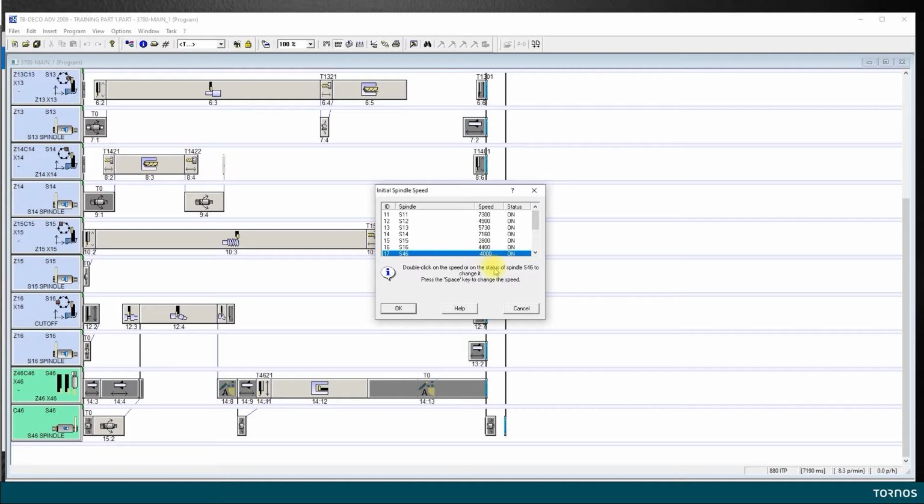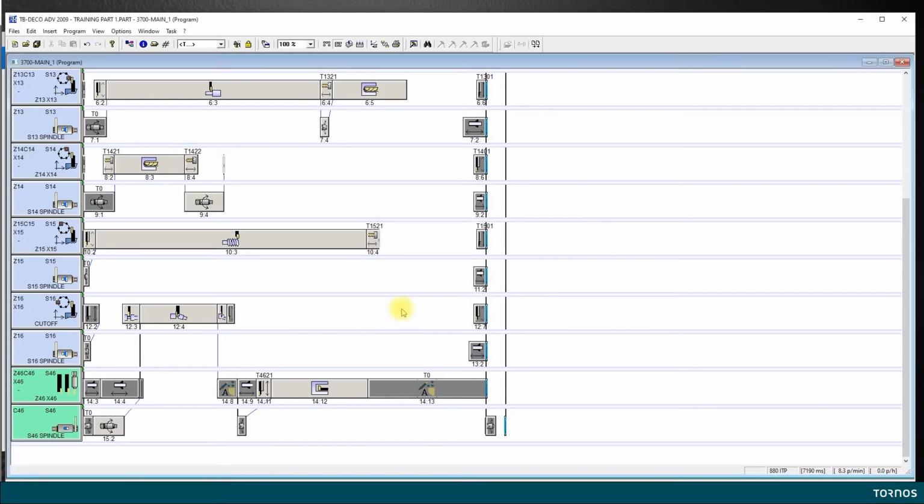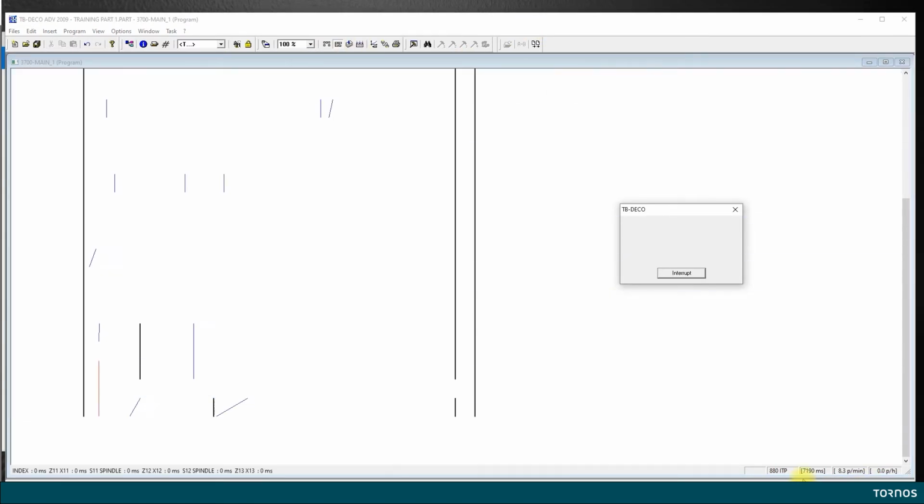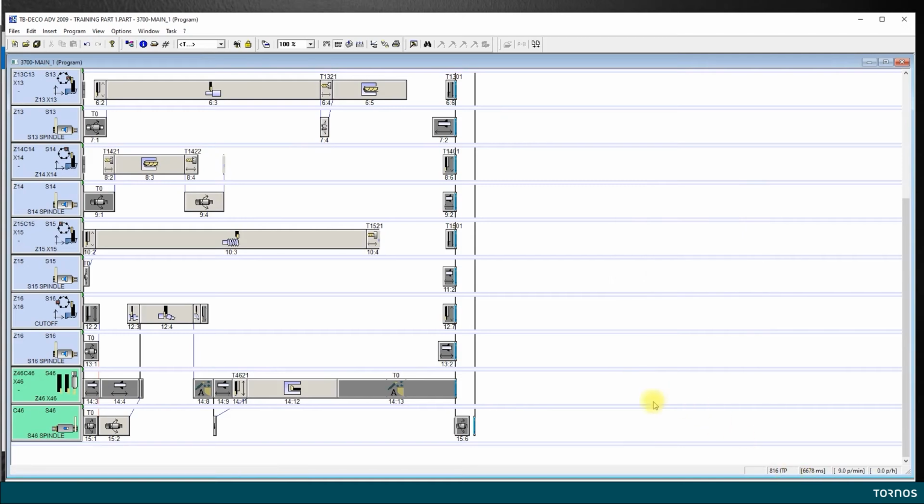And for the backwork, I can do the same. I can go to 4,400. I could even do more for the backwork, but for the moment, let's see if that is enough. I say okay, and now I want to generate and see what happens. So we can see that we are already a little faster, 6.6 seconds, but still we need to reach that 6-second target. So let's see where else we can act.